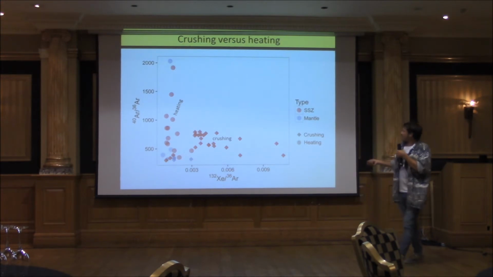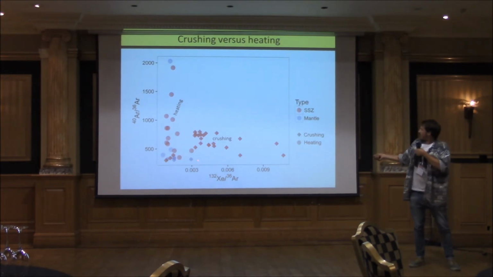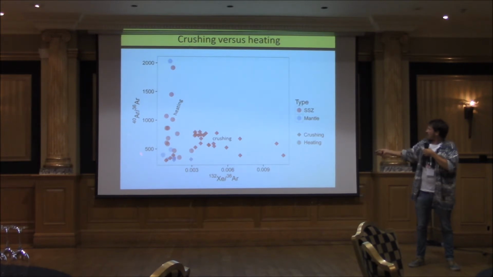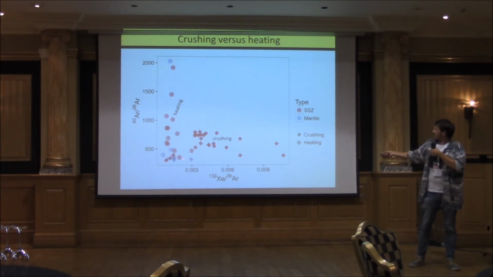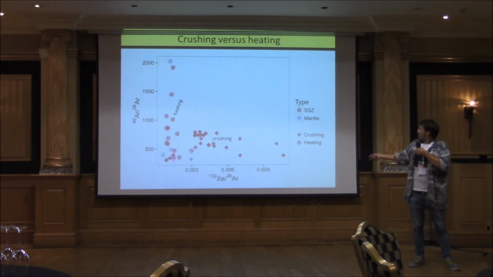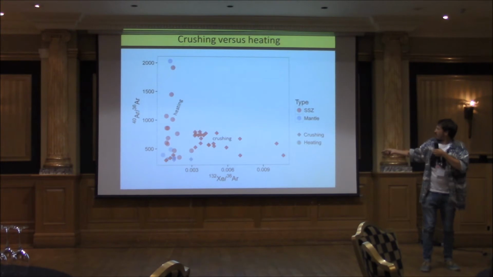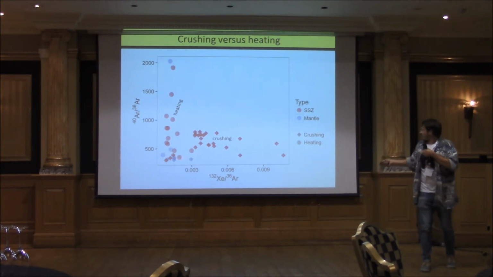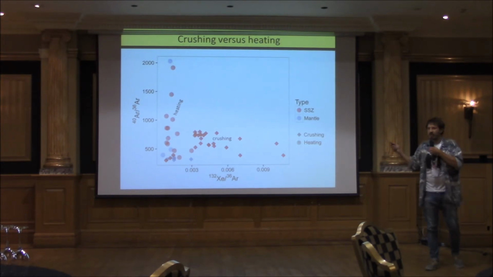But there is definitely some difference. Essentially what we see here is seawater and air about here. So everything heated is plotting between seawater and air in terms of its xenon abundance. But we're still seeing this elevated argon. So I guess the main takeaway is there is definitely some value in crushing these samples, and that will become